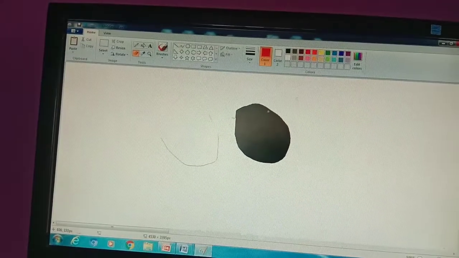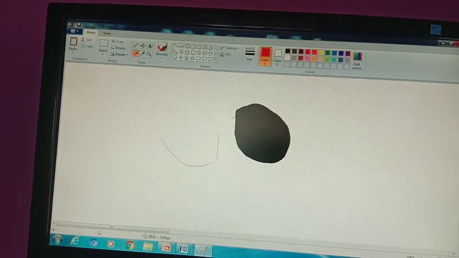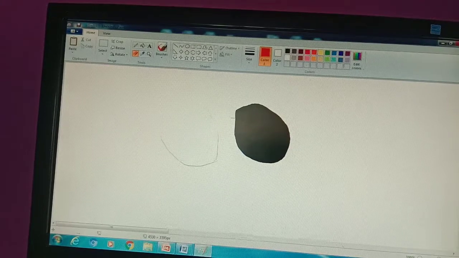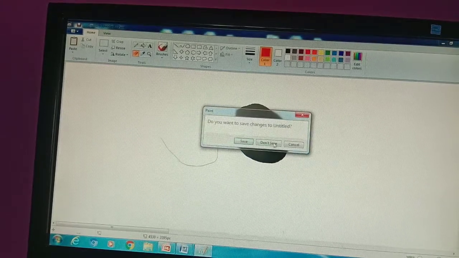So these are the tools that you can use in your Paint, and you can make drawings. Okay, so this is your Microsoft Paint.